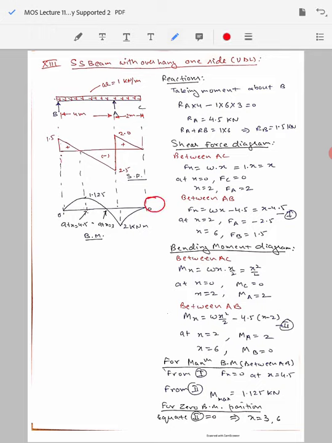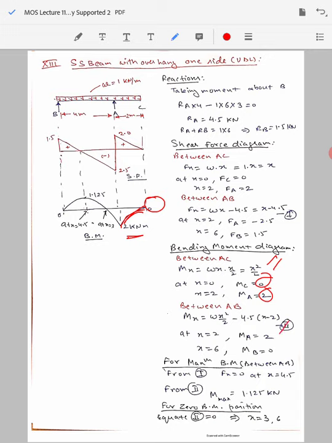Now when you go for drawing the bending moment diagram, you start with the 0 value here, so this is 0. Then you reach point A as 2, and the relationship is quadratic for this span, so this variation will be parabolic. So from 0 to 2 kilonewton meter, the value will follow this parabola. It is not a straight line, please mind it here.